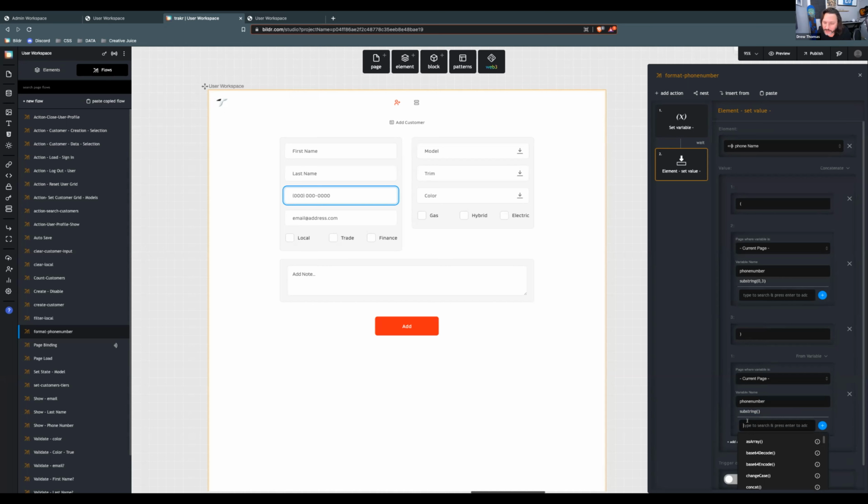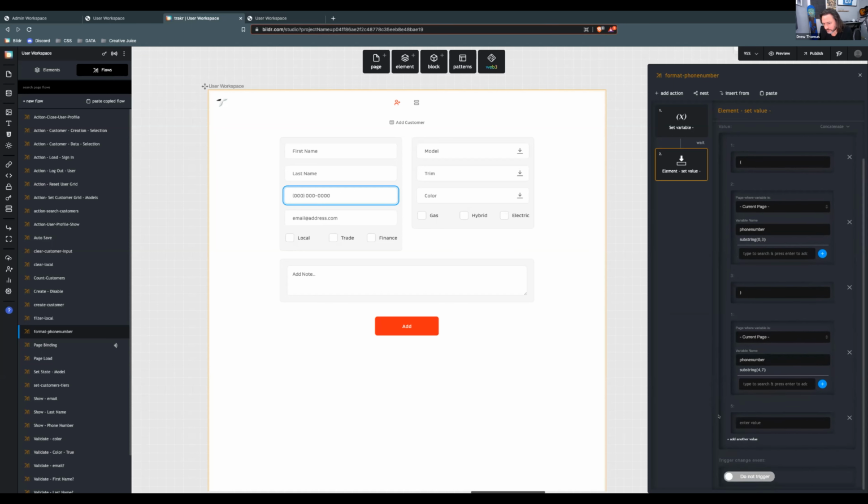But go back, click on that word substring again, so the parameters come up. And in there, try to type 4, 7. I have a feeling these numbers are going to be wrong, but that's okay. We can easily fix them. So that's good there. And then you can add another value. It's just a space, or a dash for this one. So we took the parenthesis, the first 3 numbers, closed it, space, the next 3 numbers, dash, and then